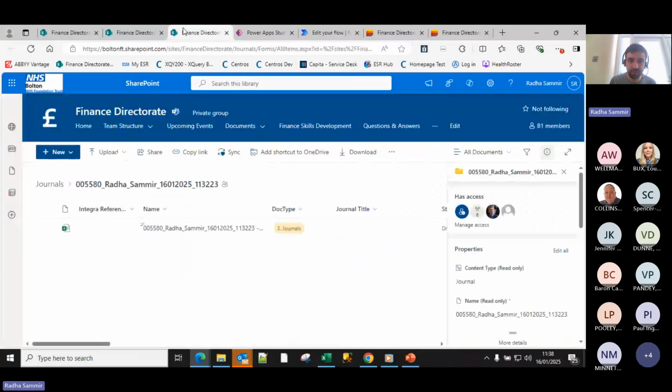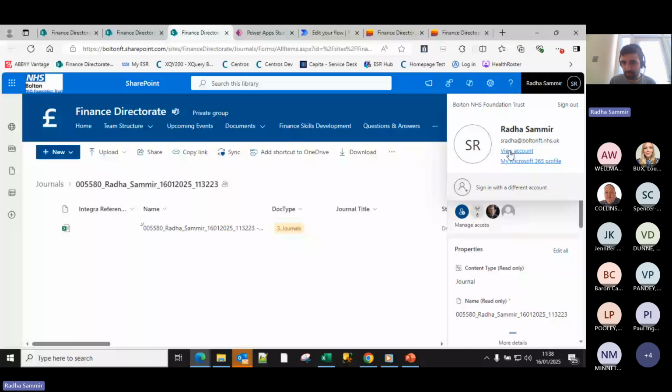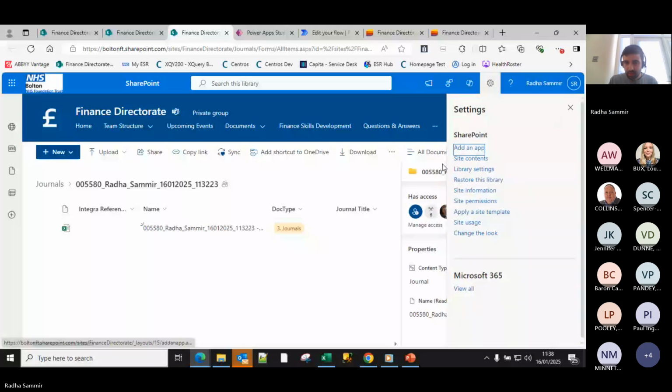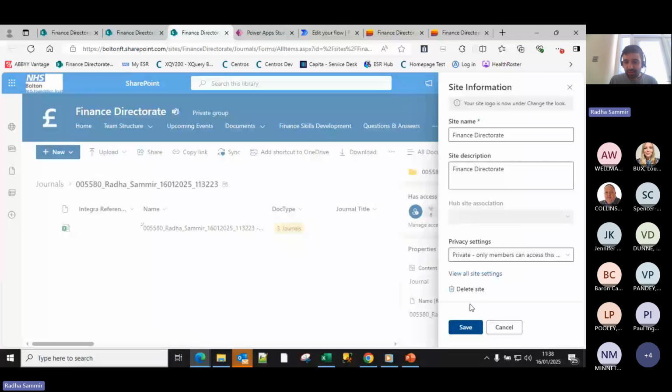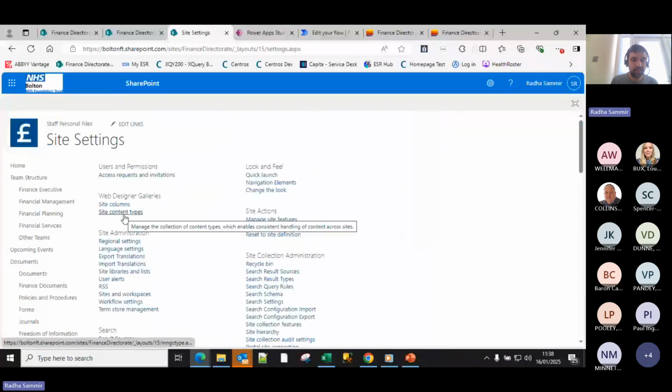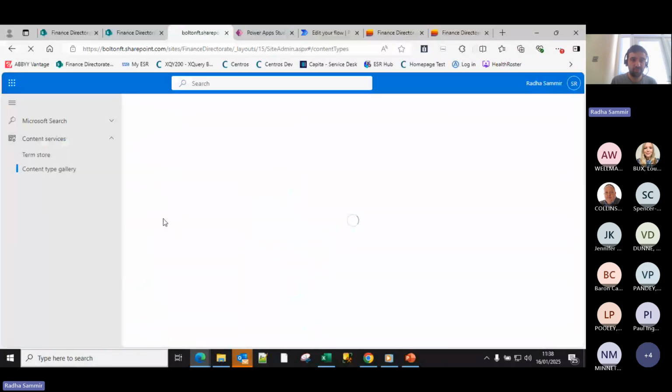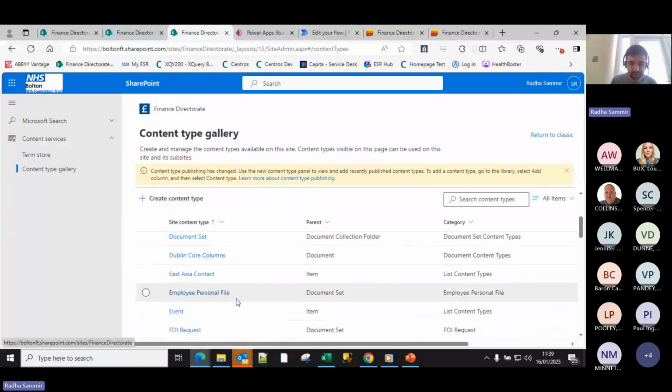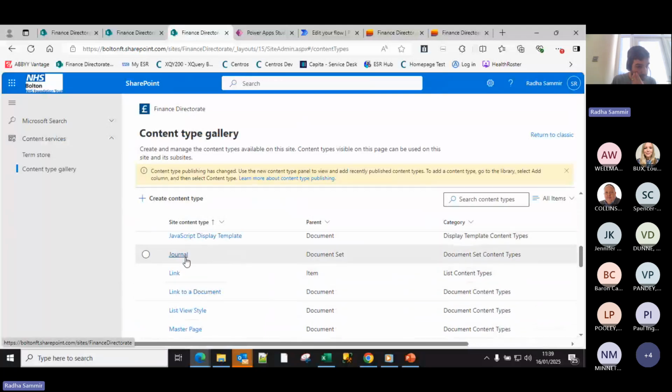The journal template itself is a content type of its own within SharePoint. So I've created a journals content type, which is in itself a document set. And when somebody creates a new item within the journals document library, it creates it as